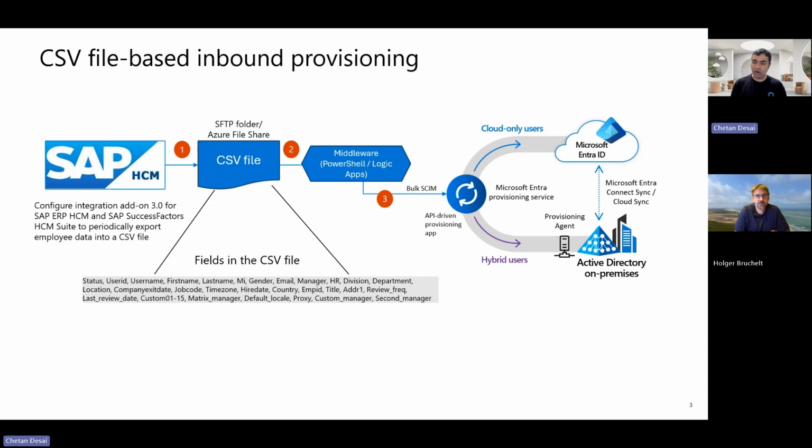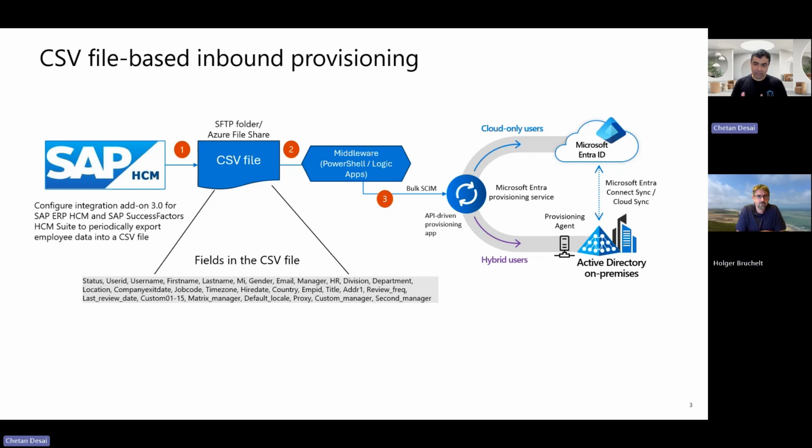It's an endpoint that we call /bulk upload, and it is kind of a direct entry point into our provisioning service. And the provisioning service does all the heavy lifting of making sure that it compares the data in your CSV file to Entra. So you as a client, you don't have to do any of that. It's all abstracted from you. All you do is you configure the attribute mapping in the provisioning service, and you tell us what is your target. Is it Entra ID? Let's say you have cloud native users, so it's going to be just Entra ID. But if you have hybrid users, we can connect to the Active Directory using the provisioning agent, and then you sync first the data to Active Directory, and then flow the data to Entra ID through Connect Sync or Cloud Sync.